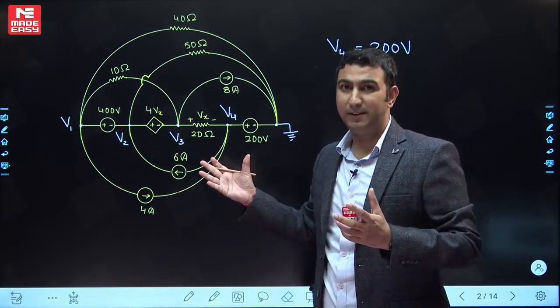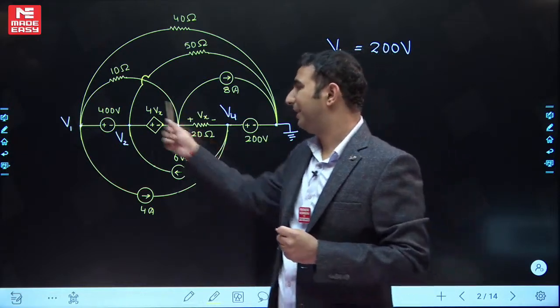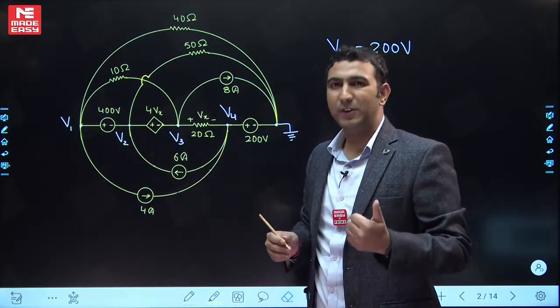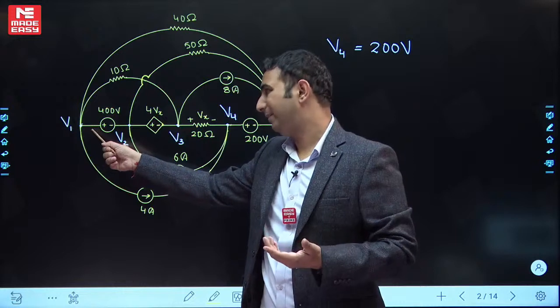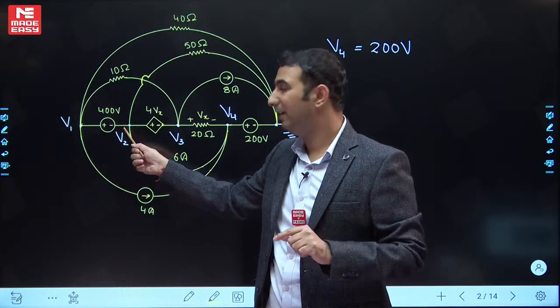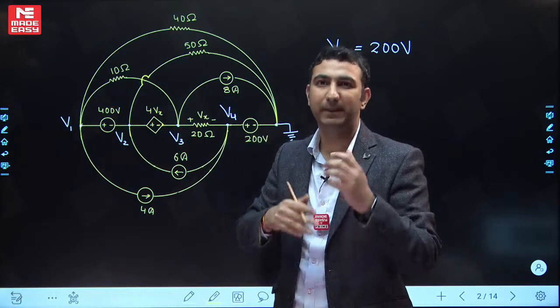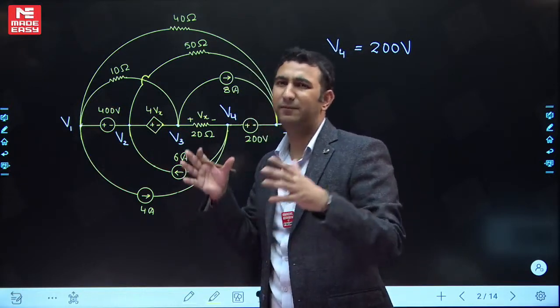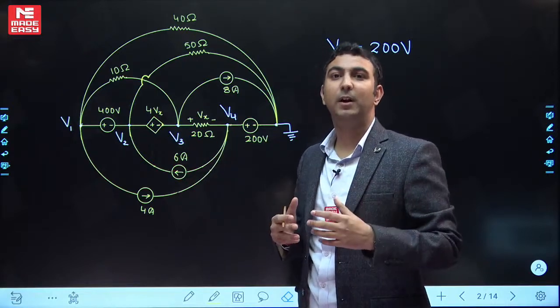So the concepts remain the same. You just have to expand the things that you have learnt. So let's develop the equation. The first way is to mark the currents, the basic method I told you: plus I1 in this case, for this node it will be minus I1, this current will be plus I2, for this one minus I2. When we add these, plus I1 minus I1 cancel, plus I2 minus I2 cancel, and finally we get an equation. We are not going to do that because that is for learning the concept.